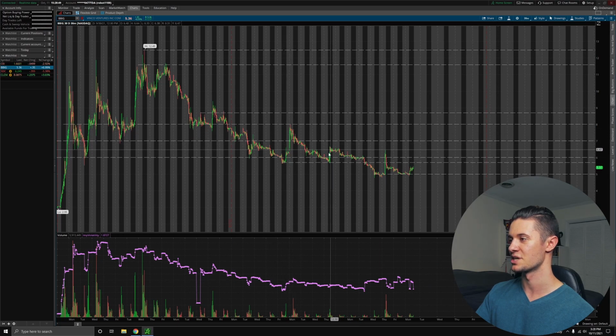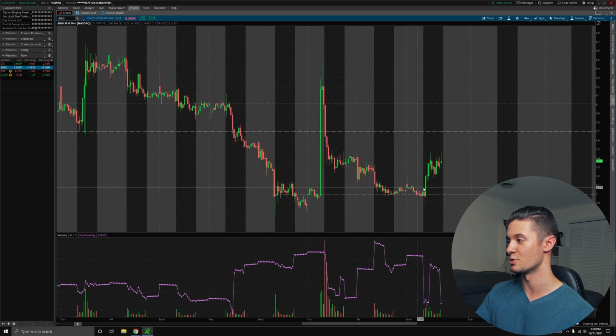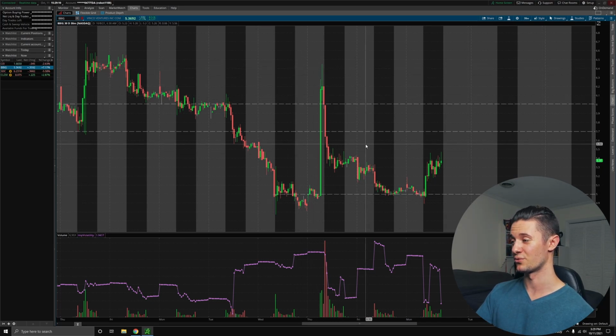These little spike ups. But oftentimes, institutions then double down on their short positions and just increase them more and more, pushing us lower and lower. So it's very worrying to see that we are continuing to break support levels and make new lows. Now, it hasn't happened this most recent time, right? We are actually bouncing off $5 without having made a new low, right? Because last time we were bouncing off 5 that we spiked up. But we're really going to have to keep an eye on this one to see if we continue this pattern,